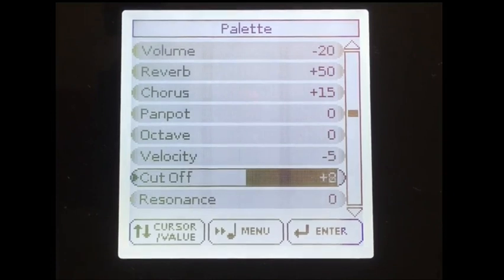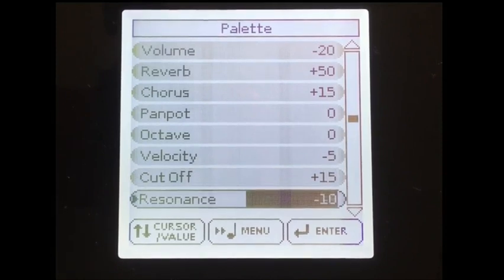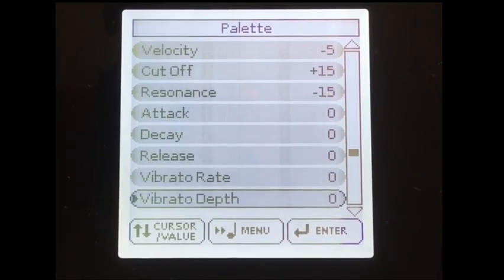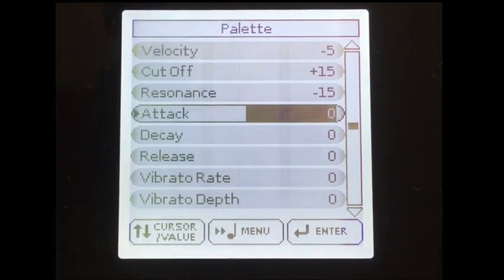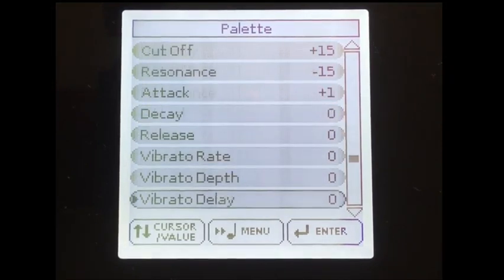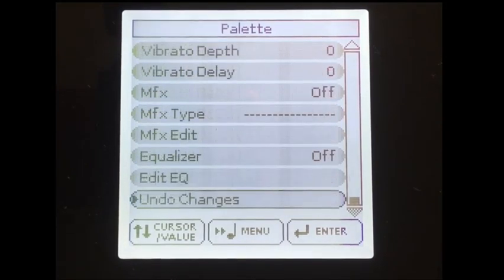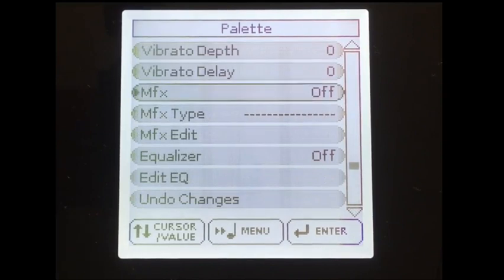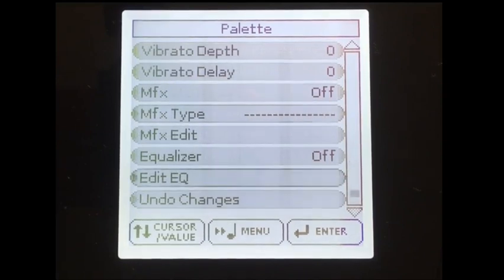Cut off option. Increasing some cut off, decreasing some resonance. If you want to apply some attack, it is also available there. Okay with that. Release, vibrato, all these options are available.